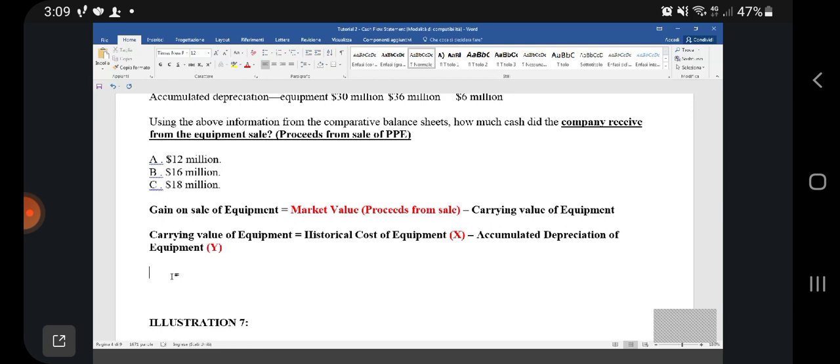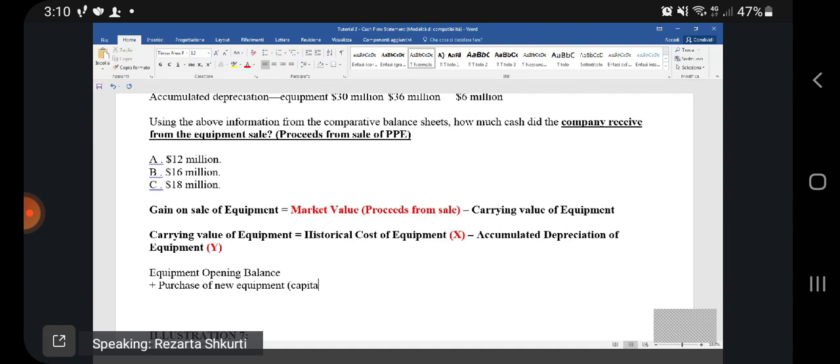The equipment opening balance, if we add purchases of new equipment, sometimes that is the capital expenditure that we mentioned, and if we deduct the equipment sold at cost,